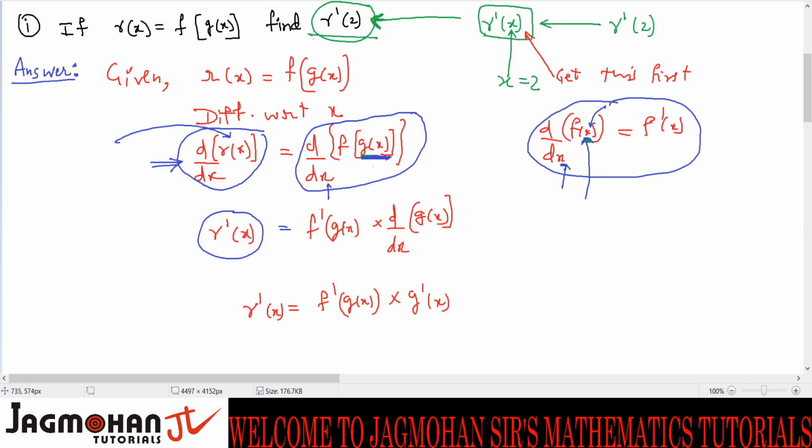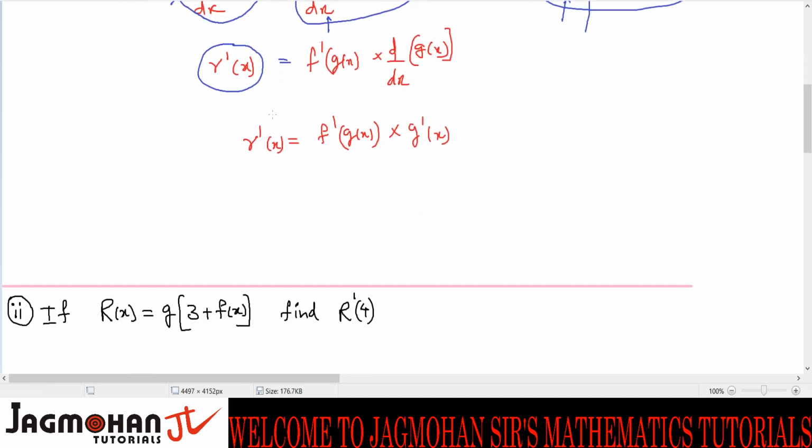The question was find r dash 2. I had to find r dash 2. So what I will do, the second step, I substitute x value 2 in r dash x. Here I write put x equals to 2. When I put x equals to 2, I get r, I'm sorry,